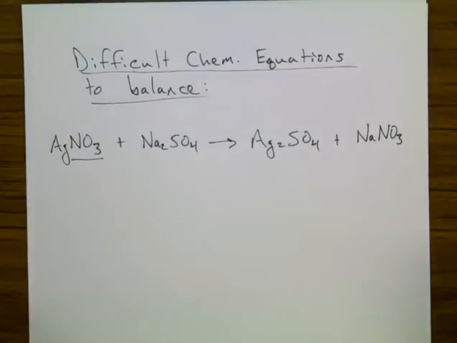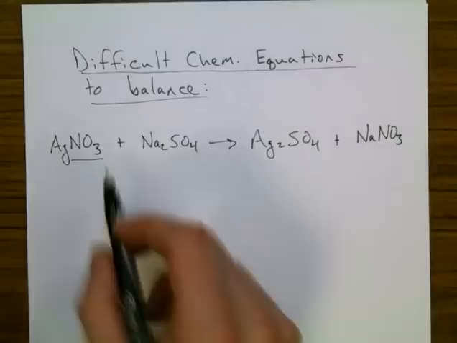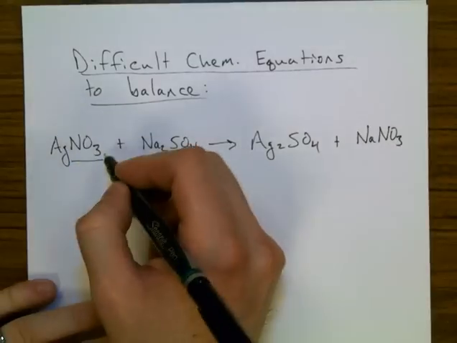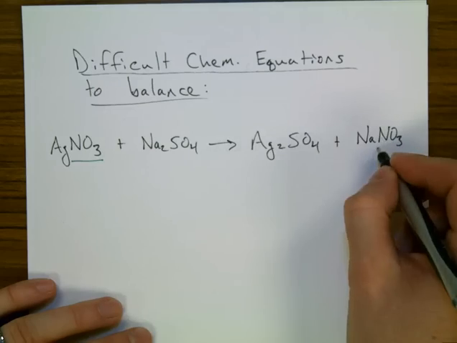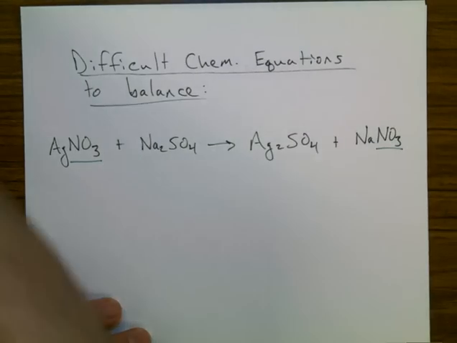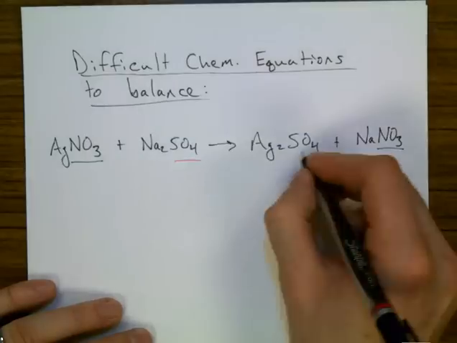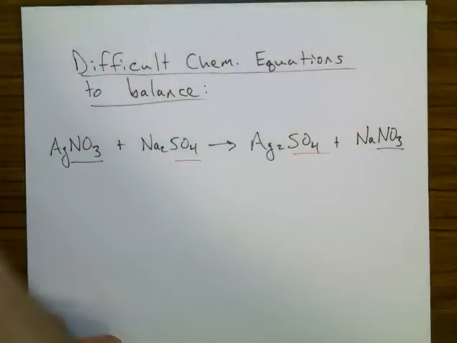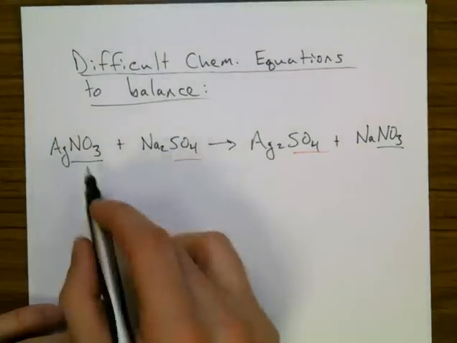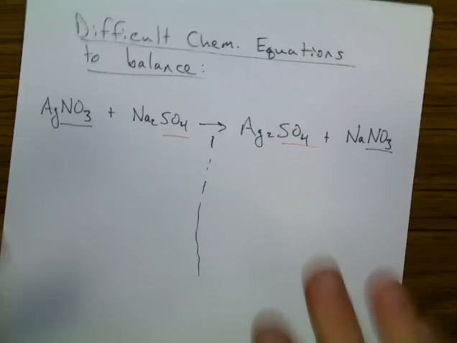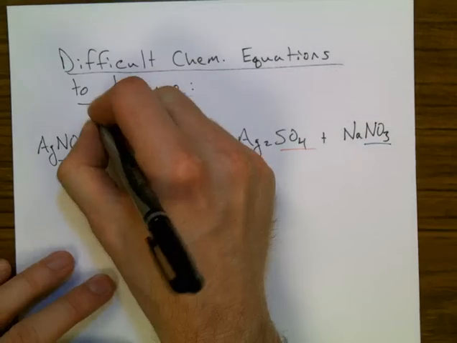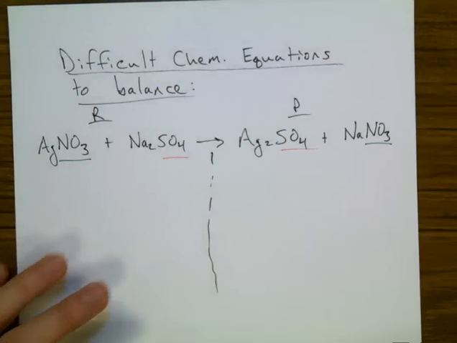That looks like nitrate. Looks like I have just one of them there. There would be more than one nitrate if there was a parentheses around it and there was a subscript right next to it. Turns out I have nitrate on this side as well. Looks like I also have sulfate on this side and sulfate on that side. When you have a polyatomic ion that's being represented on both the left side and the right side, when you do your inventory to count how many you have on the reactant side versus the product side, keep it together,